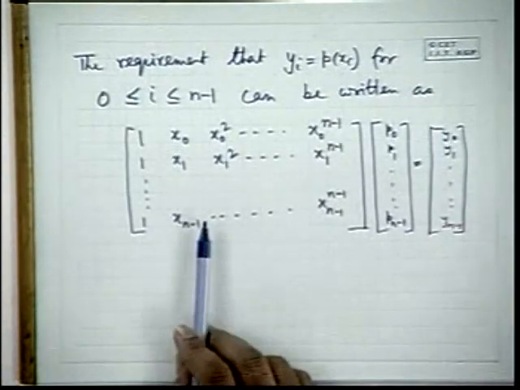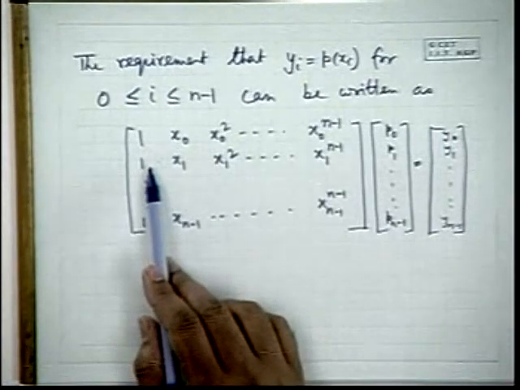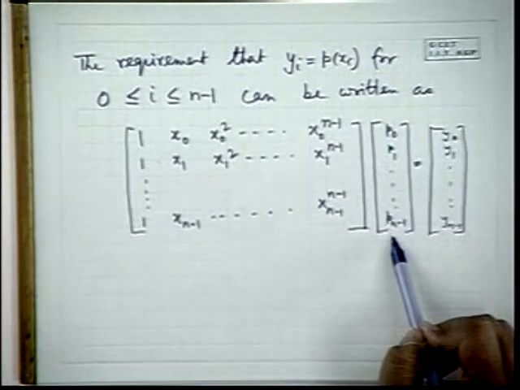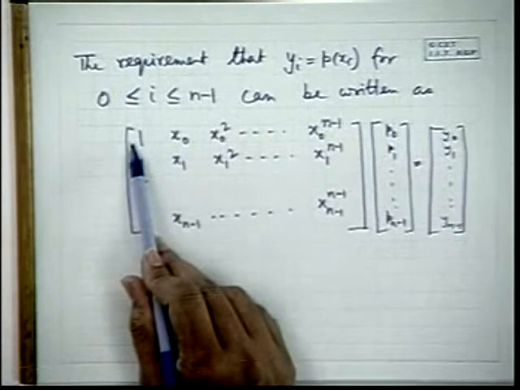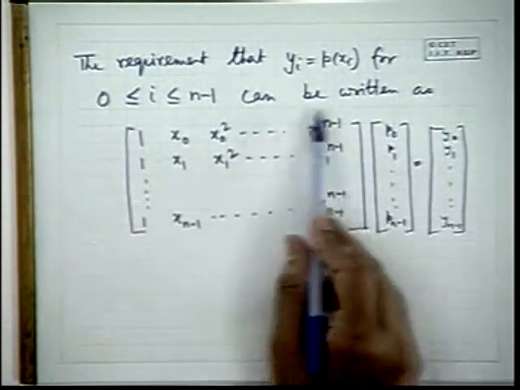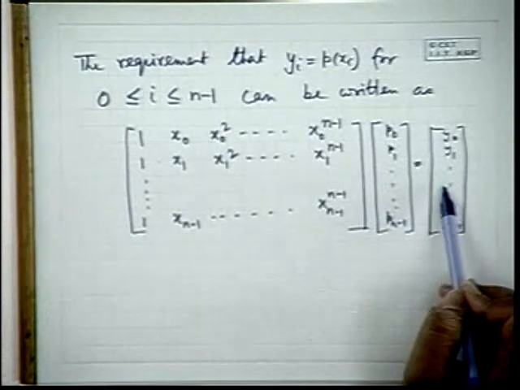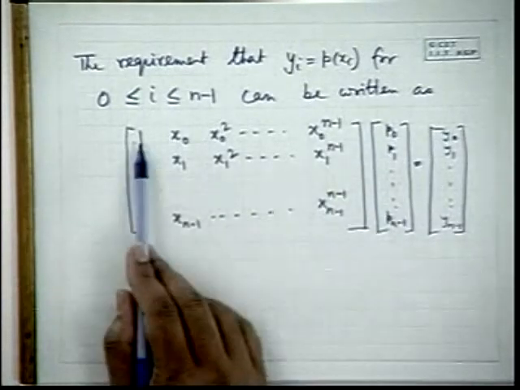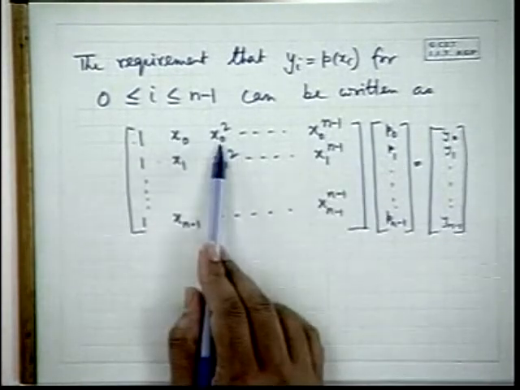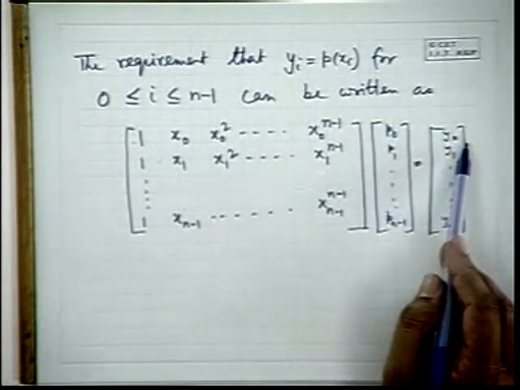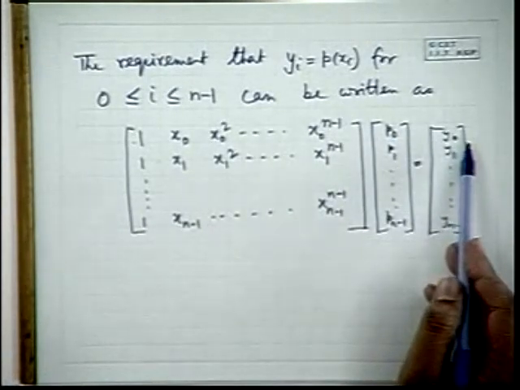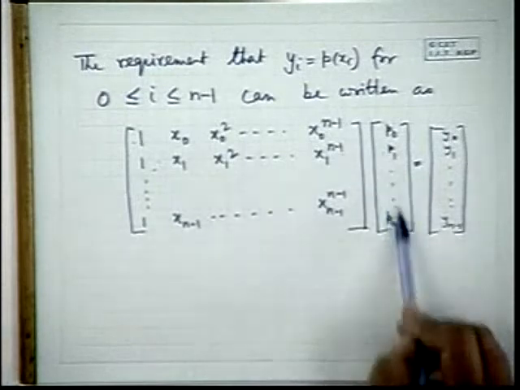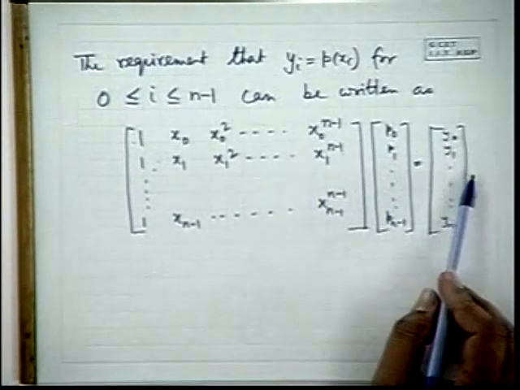So suppose you have been given the xi and yi, and the n coefficients you are going to determine are p0 up to pn minus 1. That can be expressed as this matrix multiplied with this vector, which gives you the y vector. Because if you take this row and multiply with this vector, you get p0 plus p1 x0 plus p2 x0 square and so on, which is nothing but y0. That is the evaluation at x0. Similarly, at x1 the evaluation is this row multiplied with this vector. So the entire setup can be expressed with this.